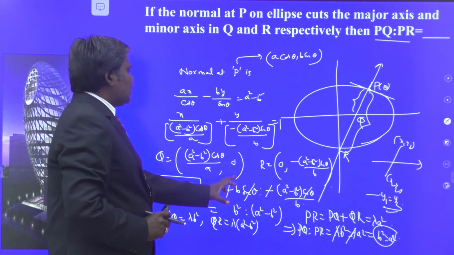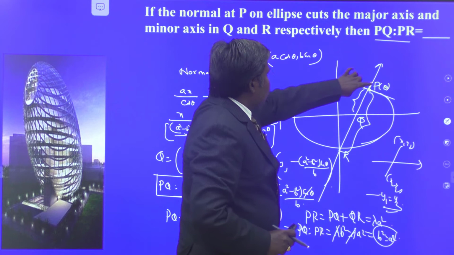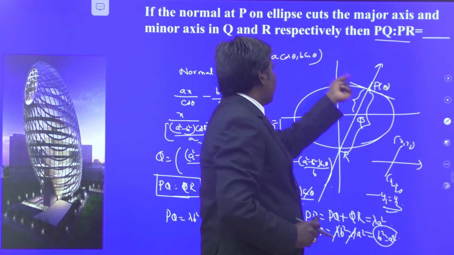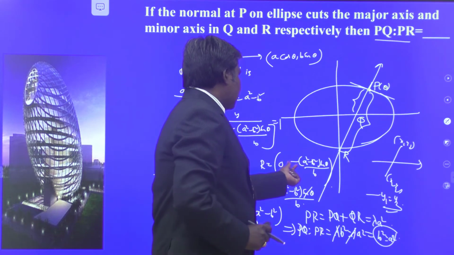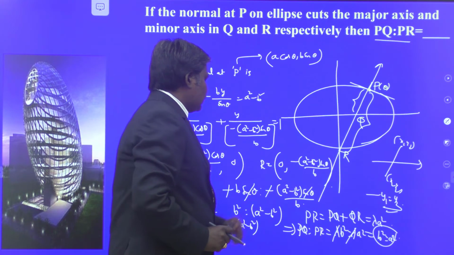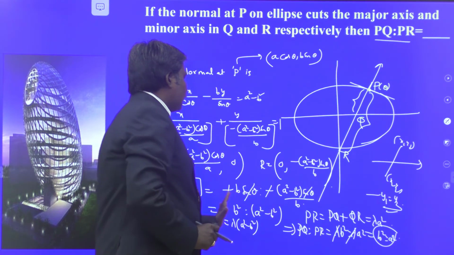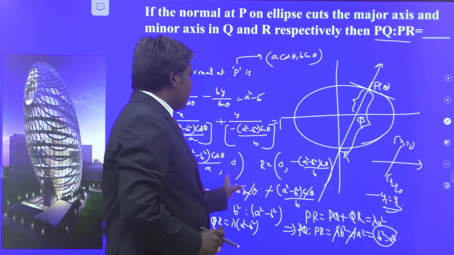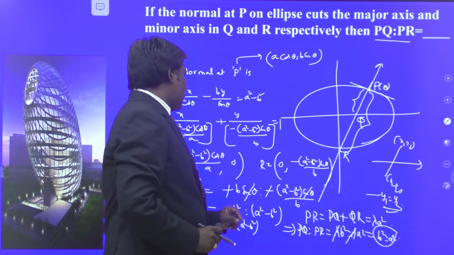PQ is to QR is minus x1 is to x2. So you take this point and this point. PQ is to QR is obtained by minus y1 is to minus y2. Minus y1 means minus b sin theta is to minus of this minus. What is that? Minus a square minus b square sin theta by b. So both minus cancel. Sin theta also you may cancel out. So we have b square is to a square minus b square ratio. Don't take that minus b square to the left side. In ratios we can't do that. If you can multiply the ratio, you can divide the ratio, but we can't add that value to the ratio. Right? B square is to a square minus b square is there.